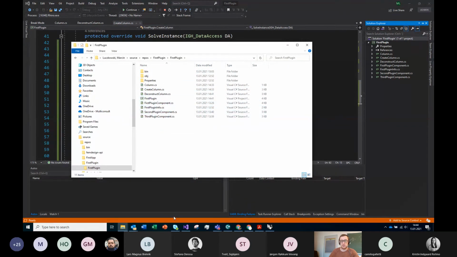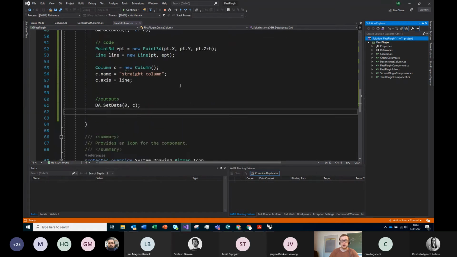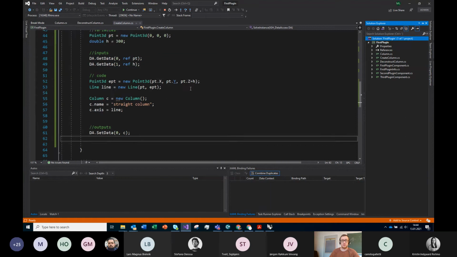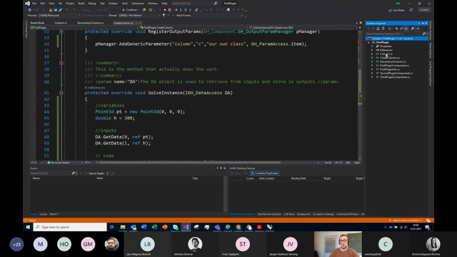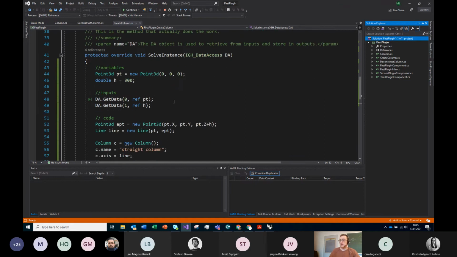I uploaded it in the mural, so later you can just take my CS files. But I can also give you the whole component, and I will do that. So you will be able to just place your component in the plugin folder, and you will have all these things working. But of course, then you don't have access to the code. The code is accessible only through Visual Studio or the files here. Okay,